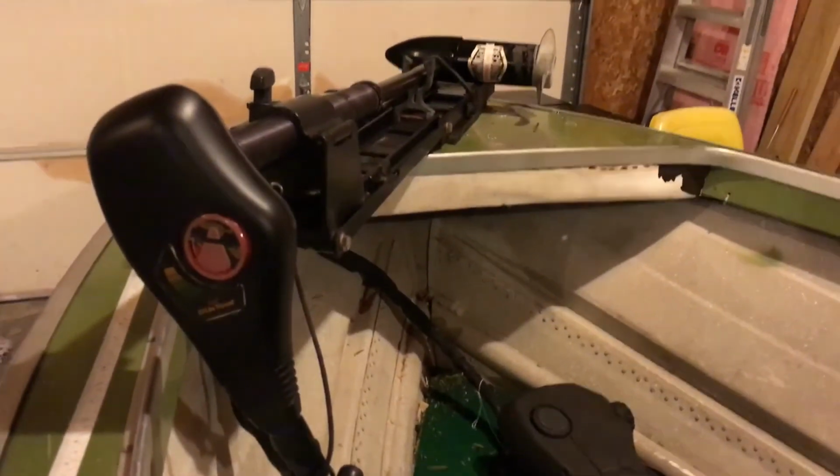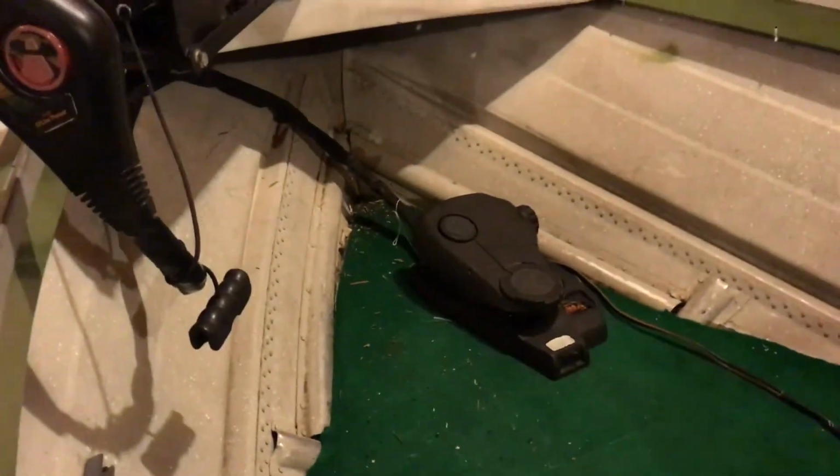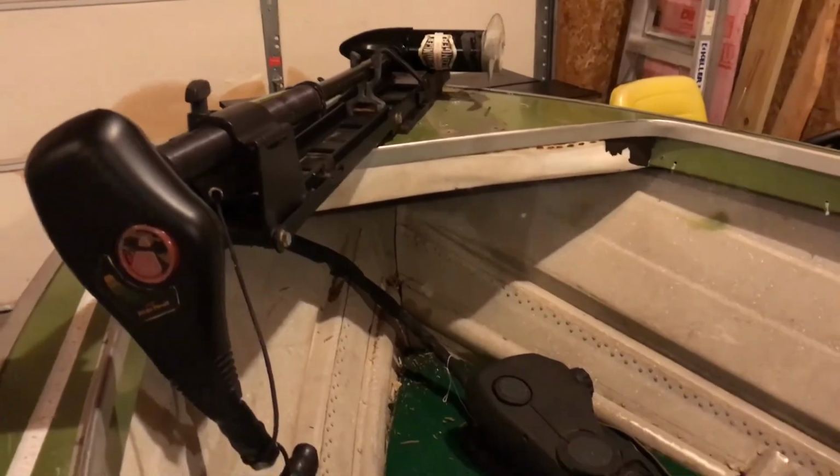Obviously I need to vacuum this thing out, it's nasty, but the hard work is done. So I may go fishing this morning if I'm still awake,